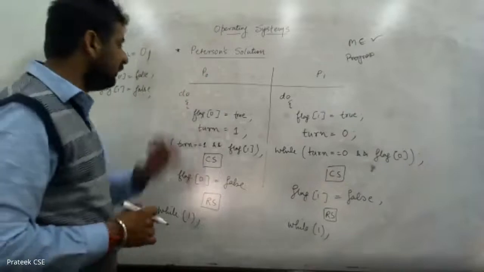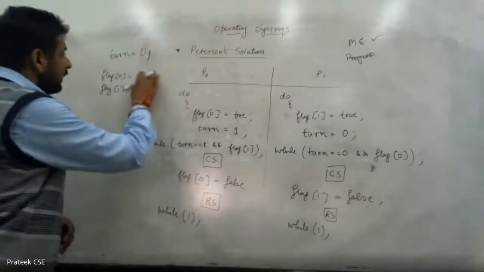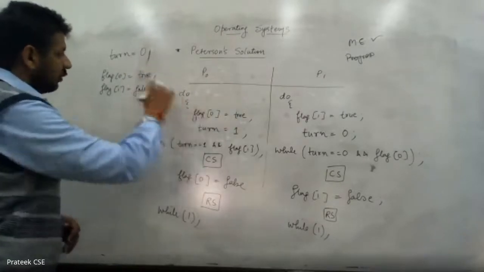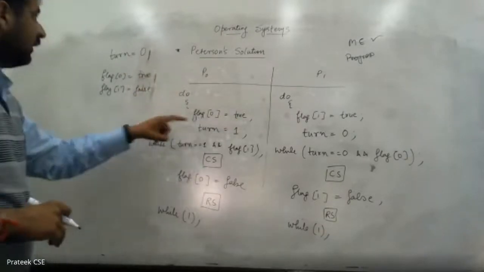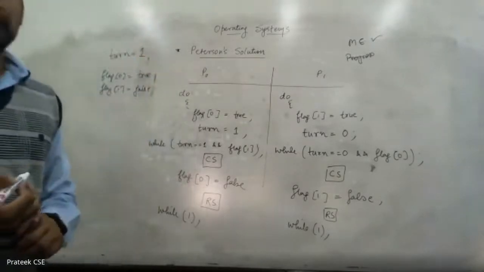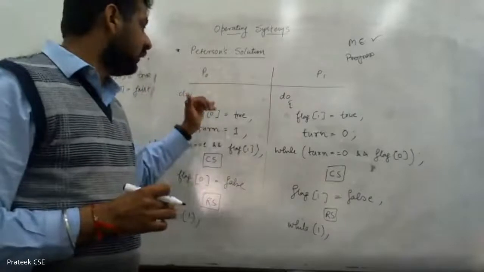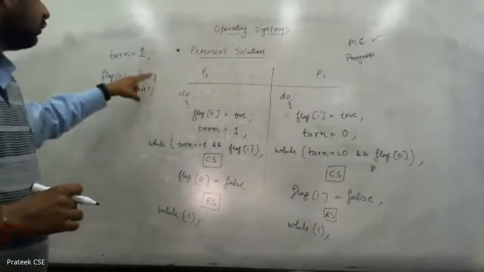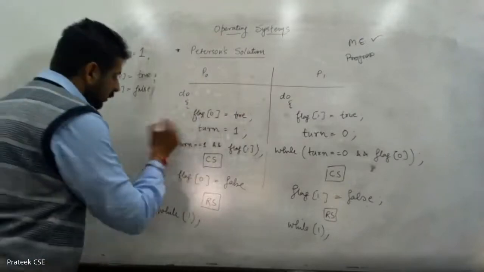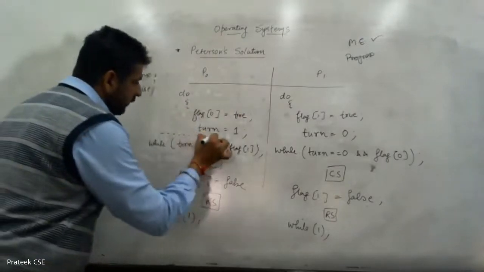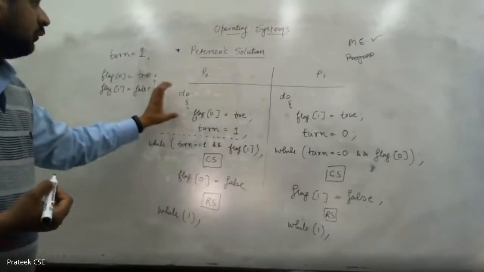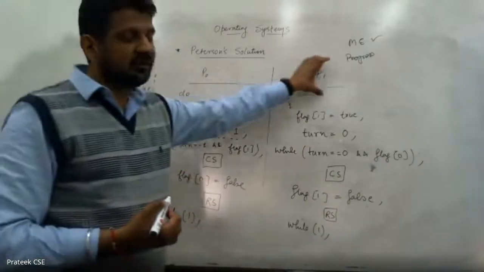सो इनिशियली P0 wants to enter the critical section. P0 will update the value of flag of 0 to true and it will update the value of this flag to टर्न। तो भाई P0 क्रिटिकल सेक्शन में एंटर करना चाहता है तो उसने फ्लैग ऑफ 0 को ट्रू सेट किया, टर्न की वैल्यू को 1 सेट किया, लेकिन जैसे ही वो वाइल वाली कंडीशन नेक्स्ट लाइन पे जाने वाला था तो यहाँ पे कंटेक्स्ट स्विचिंग हो गई, प्रीएम्पशन हो गई। नाउ जो सीपीयू है वो P1 के पास है।